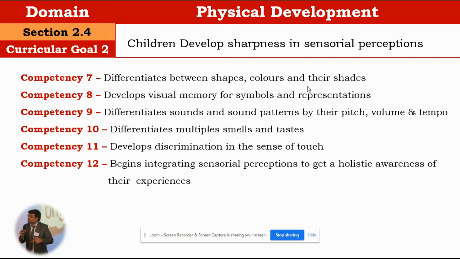So how do we do this? We ask them to match two symbols, two letters, identify the odd one out, something like this. Match two visual symbols with the same pattern, match symbols with different patterns. Something like this will help us develop their visual memory skills and representations. Puzzles help a lot here. Maybe matching one particular image of a building with four other images, in which one image is similar to that particular image.